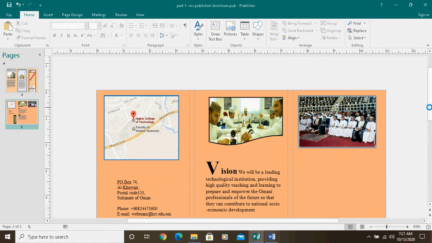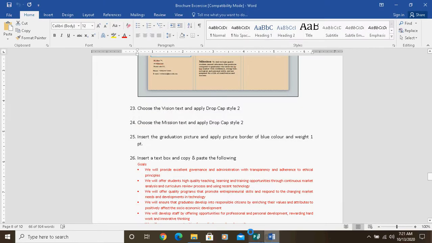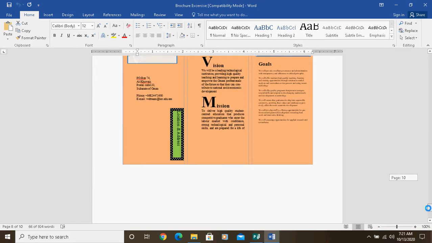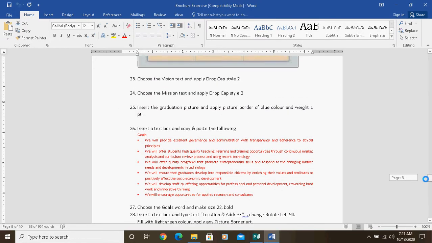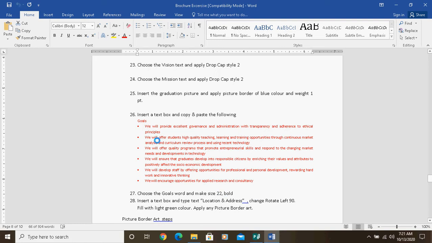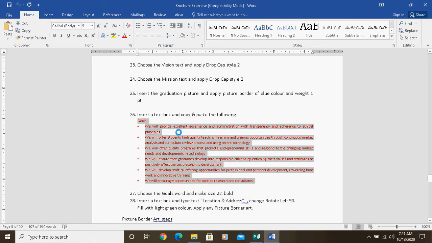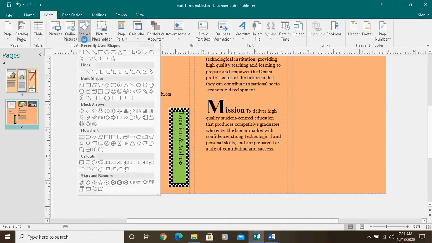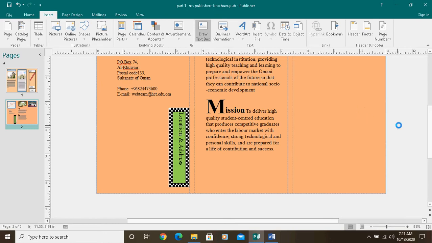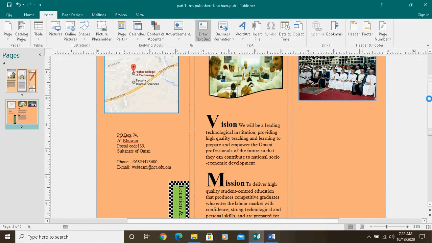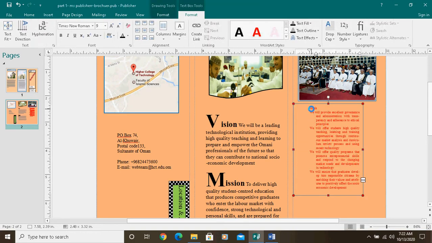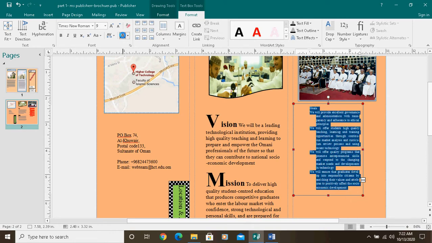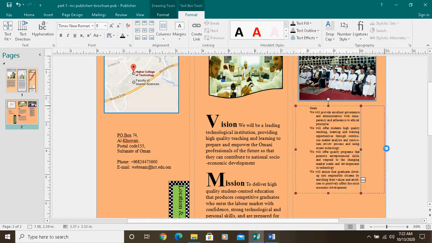Next one I want to do this goal. This is a goal information I want to copy and paste like this. So goal information I want to paste. Goal should be 22 bold. Okay, I included all the things. I copy the things. Text box, insert, shape, text box. So now what I want to do is do it. I'll insert the text box, copy and paste it. But all are red color, I make it as everything color. Okay, then I can do it.